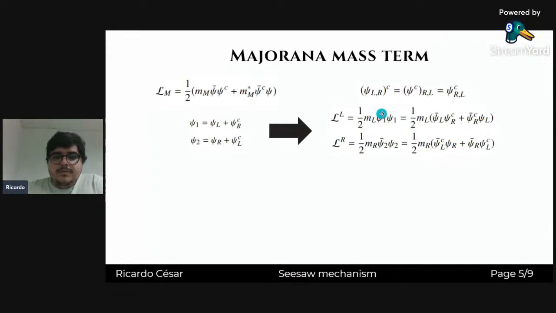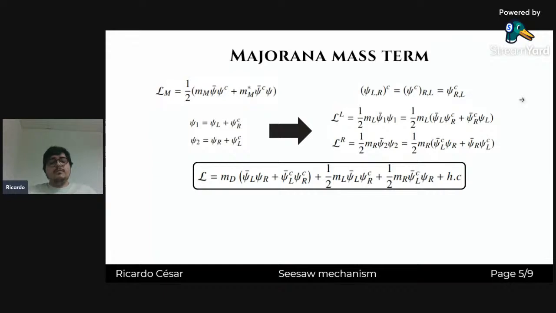And this mass term has a mass L for left-handed, because you have left-handed here, and the left-handed applies the charge conjugation, becoming a right-handed, and so on. And the right-handed, the same thing. So you have a right-handed mass in this sense, but it's a mass for those kinds of terms. Okay, and again, you can combine the idea of the Dirac masses, which are those ones that I